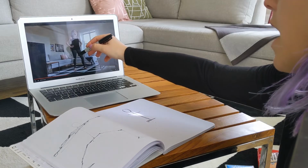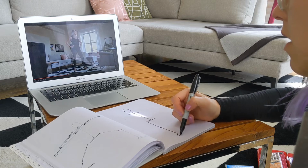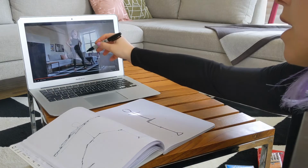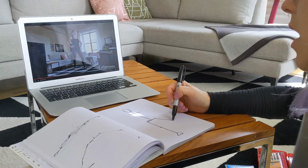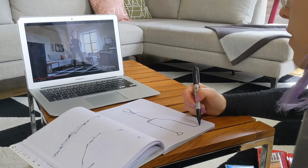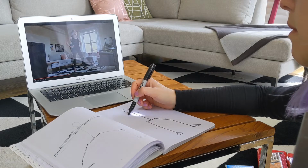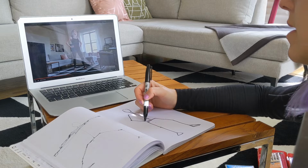This leg comes down and down with that foot down below, and this one comes out and then down just a little bit. Out and then down, and my foot sits out here. This arm comes out and then sits right on the hip,